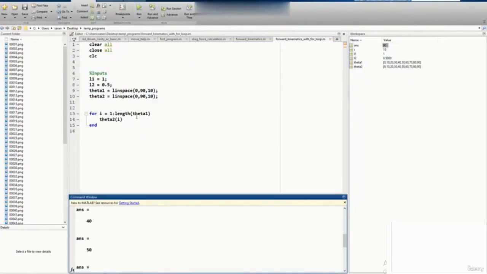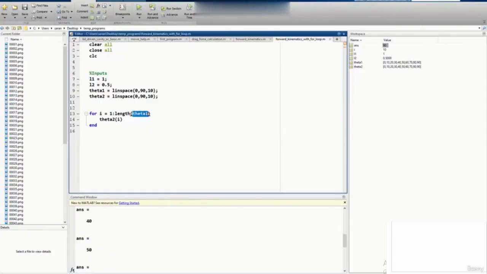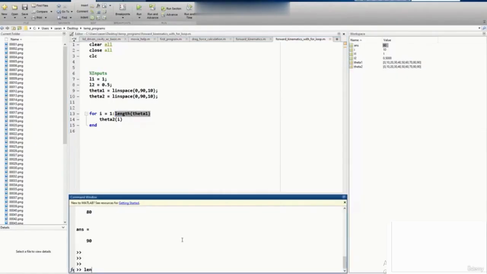Okay, so you will notice that I'm providing theta 1 here and theta 2 here, and that might be confusing for some people. So first of all, let us figure out what we are doing here. I'm saying that for I is equal to 1 to length of theta 1. What's going on there? So length of theta 1 basically refers to the number of values in theta 1. So if I type in length of theta 1, I'm going to get a value of 10 there, which means